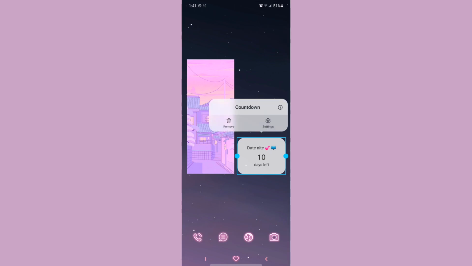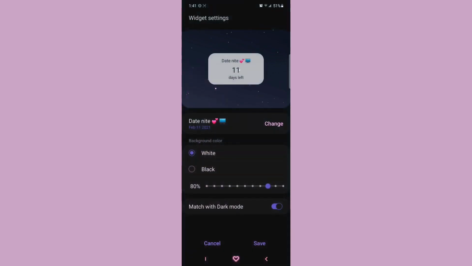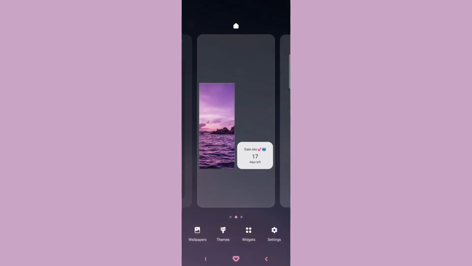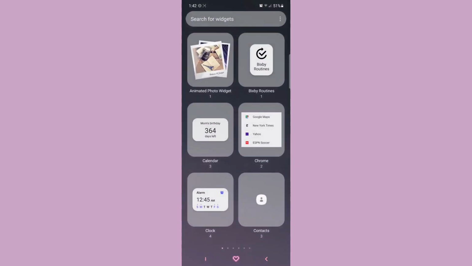I'm gonna hold down on that widget, select the settings, and I'm going to change the transparency. I think I want this at about 90. And I don't want it to switch with dark mode, so I'm going to turn that option off and then hit save. Then I'm going to go ahead and hold down again on widgets on the home screen and then